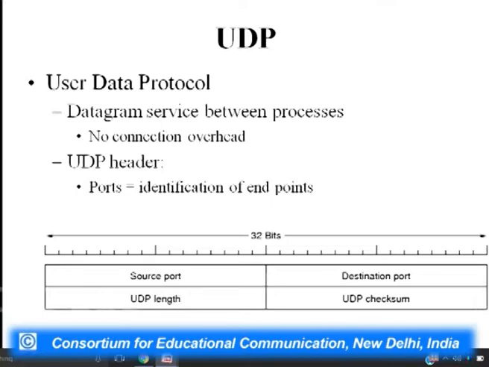So, the situations where the applications are running, where the timely delivery of information is more important than the reliability of the information. That means the timely arrival of data is important, even if it has low quality or some data missing. If I have to see a live telecast of something which is going on, then it is important that I must receive it timely and watch it. Otherwise, even if a few frames of a picture are missed in between, the quality of the picture may be a little bit marginally